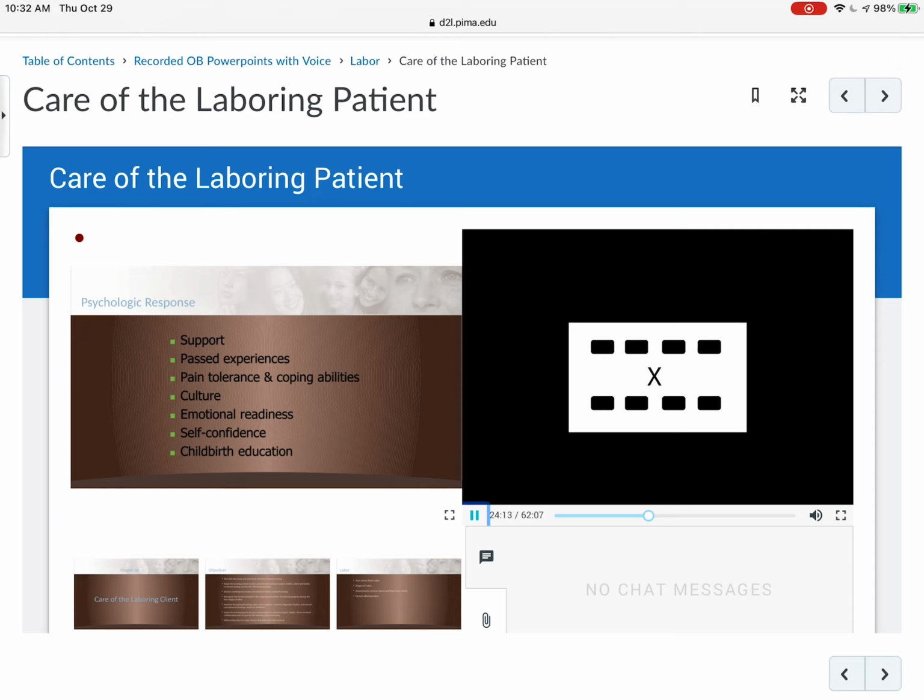In the beginning of labor, a lot of times we just don't want them to hold their breath, so we have them take a deep breath in and hold it and let it out. Deep breath in, hold it, let it out. As she progresses, we may go into more of a paced pattern, which is a